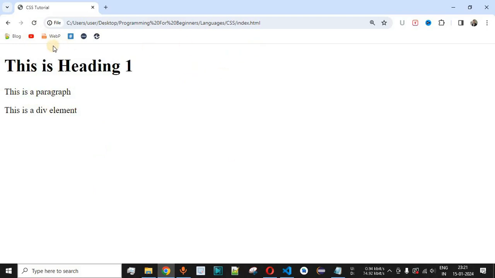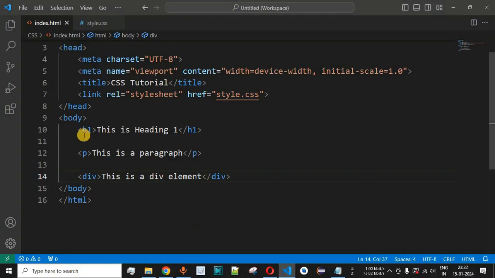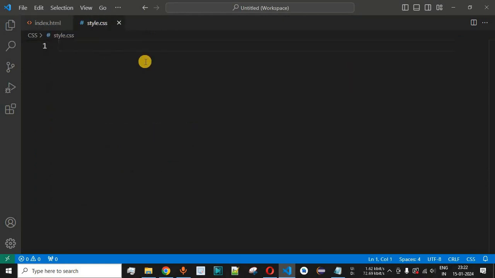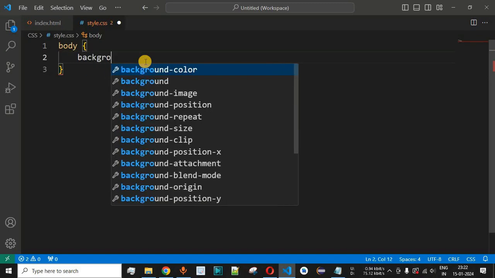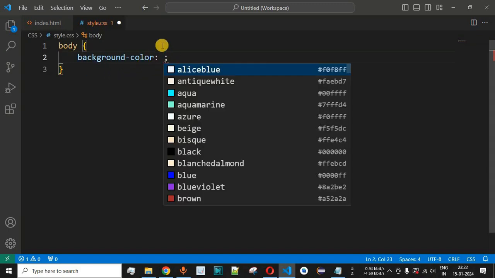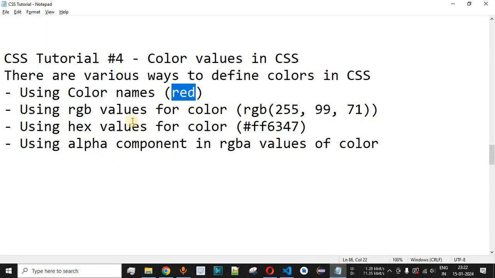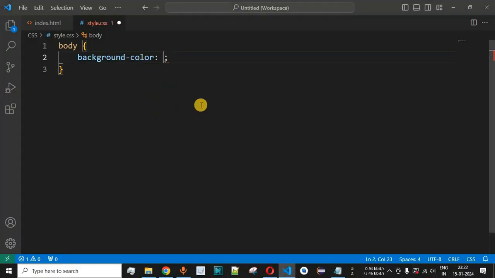Now guys, let us say we want a certain background color for this entire page. In order to do that, for the entire page, which is represented by the body tag, we can provide the background color to this body tag. Inside this style.css, we will provide the selector, that is the body tag in this case, followed by open and close curly braces, and then over here we will provide the background color. Now guys, how do we provide the background color in this case? The very first example is by using the color name. Let us say we want the background color to be yellow. So simply we can provide the yellow color name in this case.